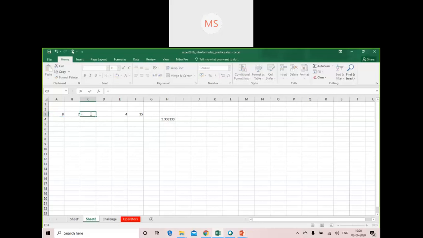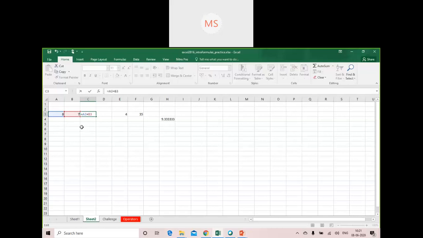Okay, so you can write A3, then you can make use of the plus sign, then you can make use of capital B3. The cell names will always be represented in capital letters only. Always remember, it is case sensitive. Okay, so the moment I type A3 plus B3, you can see the A3 cell is highlighted by a blue border and the B3 cell is highlighted by a red border.